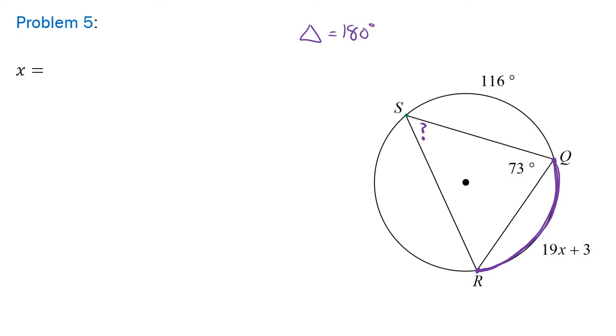Over here, the arc SQ has a degree of 116. Well, you'll notice that the arc is connected to the inscribed angle SRQ, which means if I take this number and divide it by 2, I'll know what angle R is. So 116 divided by 2